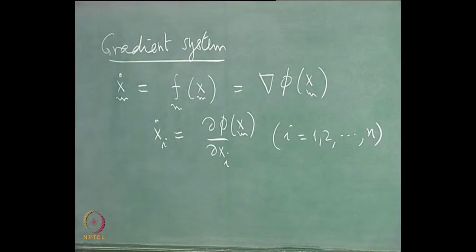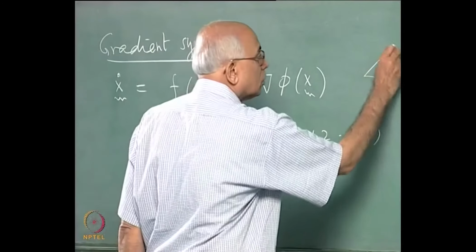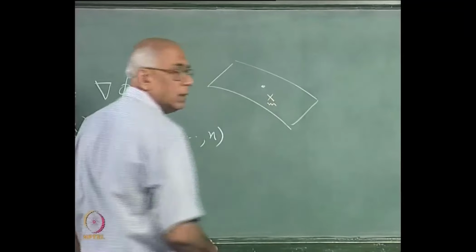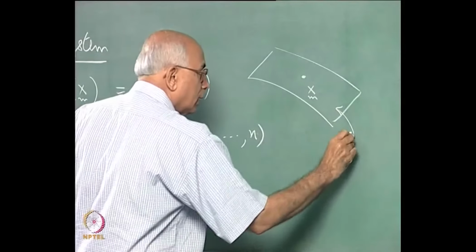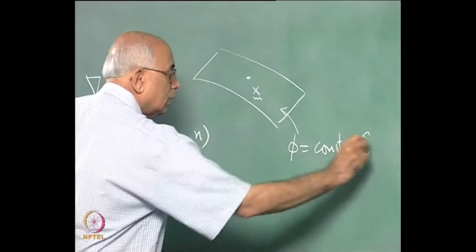If you give me the function phi and I set phi of x equal to a constant, it would in general be a surface in this n dimensional phase space. So if schematically this is what the surface looks like at a particular point x, and this corresponds to the surface phi equal to a constant c, say,